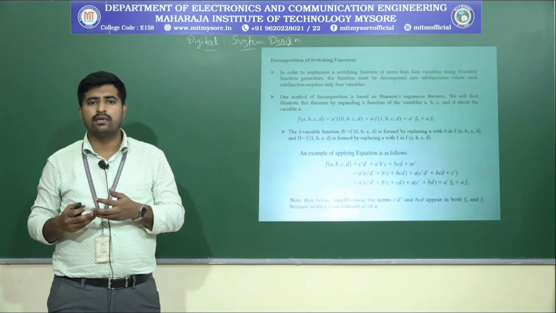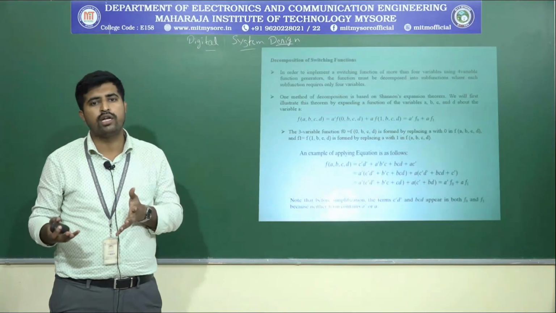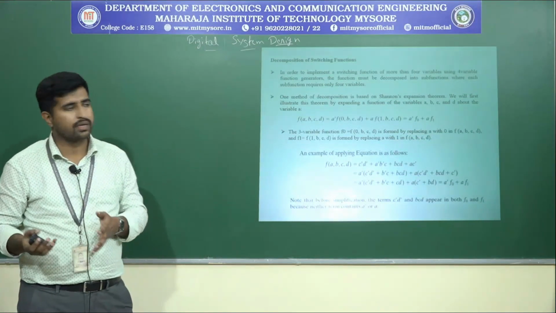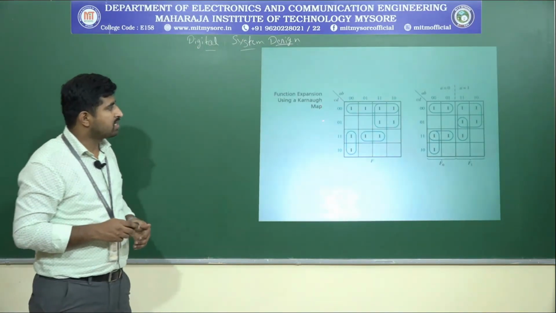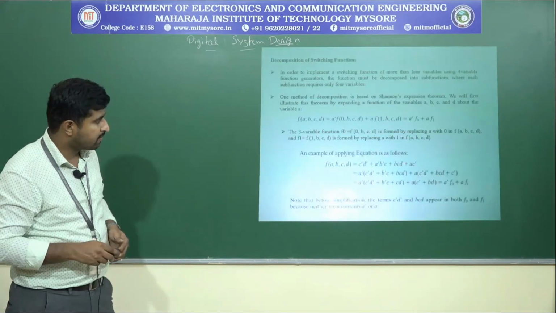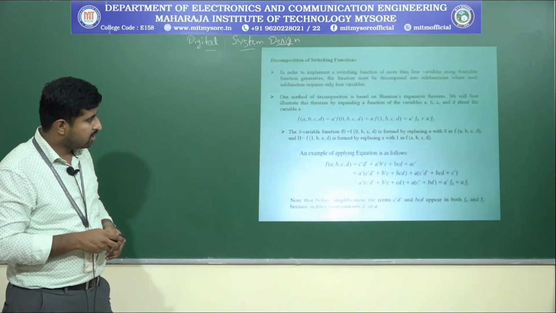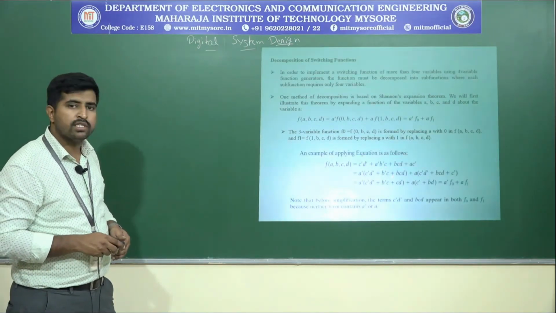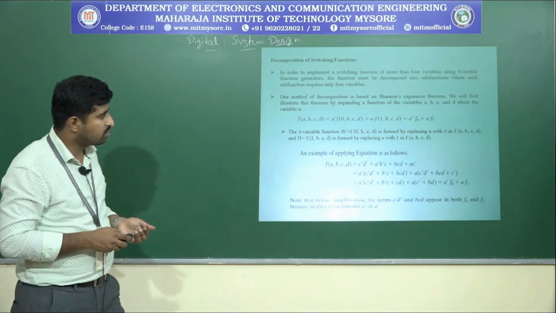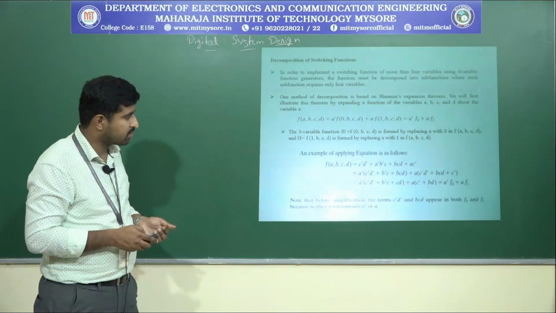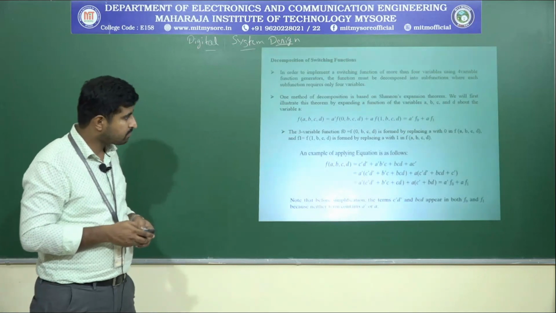So this is how we decompose the 4 variable functions into 3 variable functions. Implementing the 3 variable functions and considering a equals 0 and a equals 1, we implement the 4 variable functions. Even that can be represented in a K-map also. This is the K-map for the function f. When we need to write in a K-map, we need to convert into canonical form, so that by converting to canonical form we can place it. This is the simplified form here, a simplified equation.